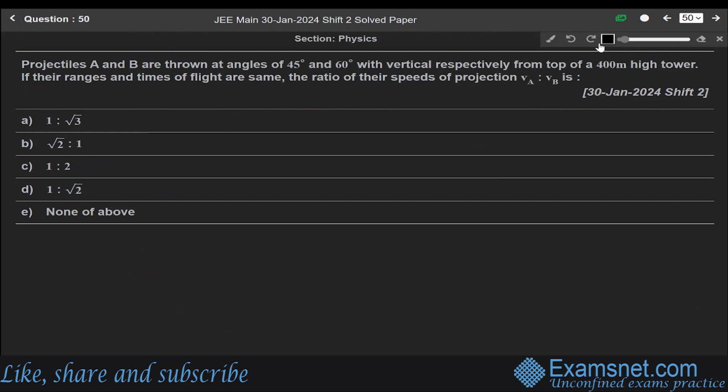Now next question 50. Projectiles A and B are thrown at an angle of 45 degree and 60 degree with verticals respectively from the top of a 400-meter tower. If their ranges and times of flights are same, the ratio of the speed of projection will be, we have to find their ratio of the speed of the projections. Now, since this question is from the chapter of kinematics,